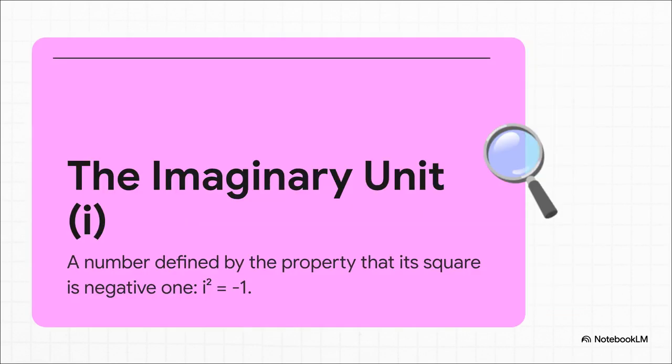Eventually, though, they had to give this problem child a name and a definition. So they called it the imaginary unit i. And its whole job is super simple. i is the number that when you square it, you get -1. That's it. And fun fact, the name imaginary was actually meant as an insult. The famous philosopher and mathematician René Descartes coined it to show just how fake he thought these numbers were. I bet he had no idea that his imaginary number was about to find a very real home.